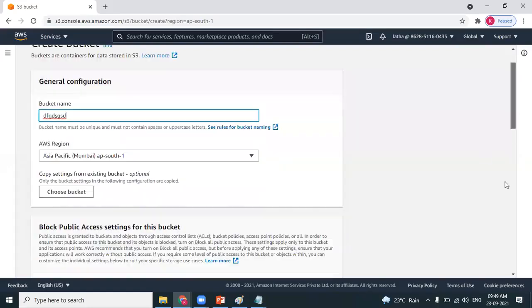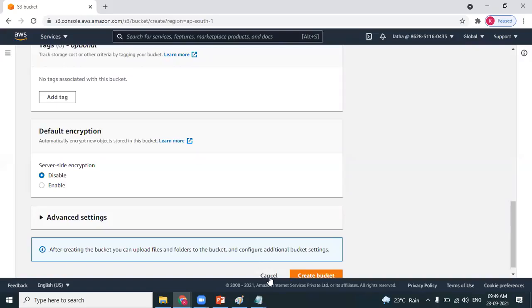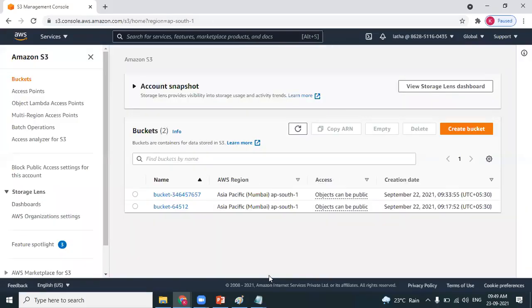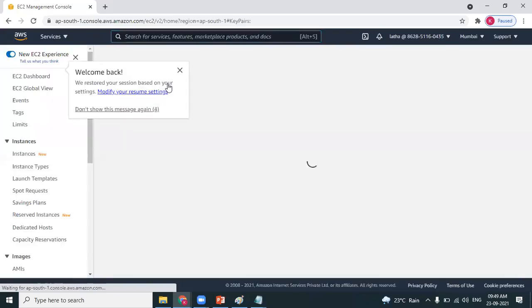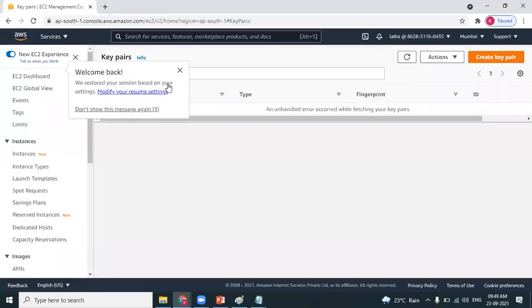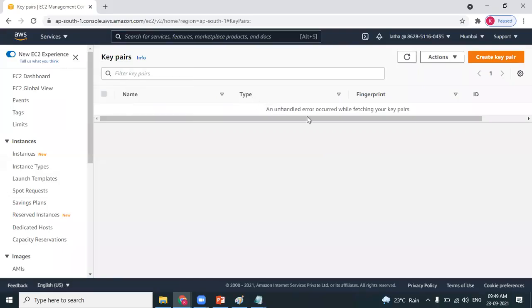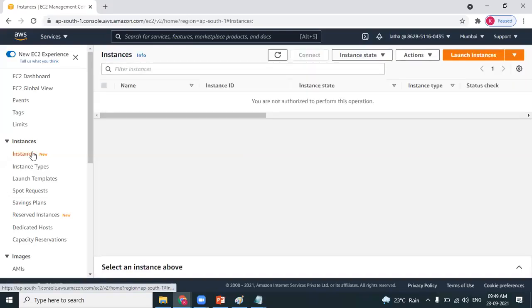But if Lata tries to connect to EC2, she gets an unhandled error. You are not authorized to perform this action.